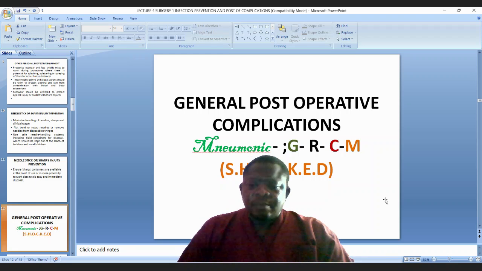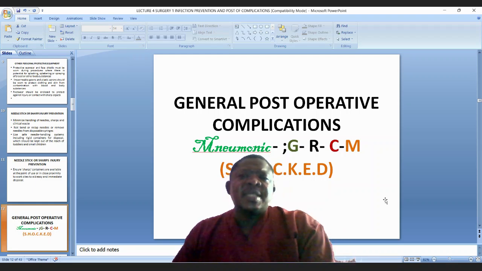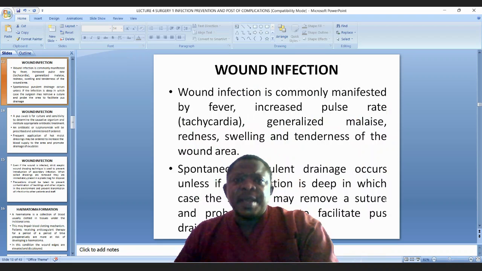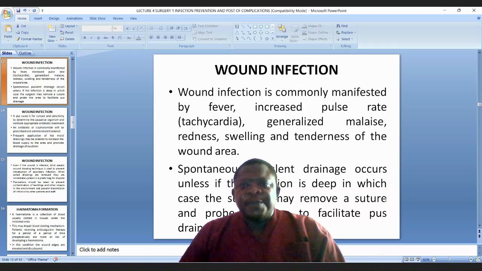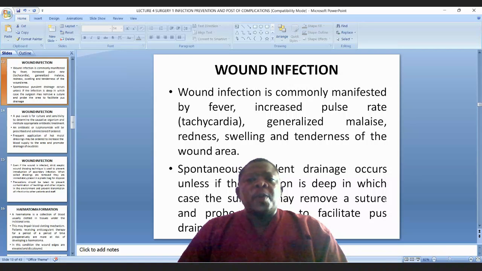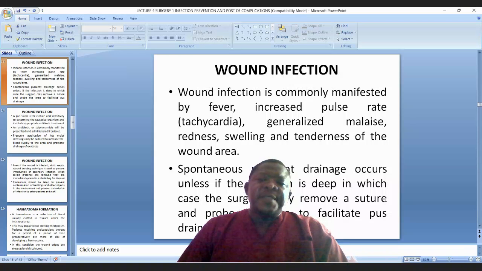Let us look at more details on these complications and how they may arise. Wound infection, or sepsis, is the first one. Sepsis is an infection that may affect either the blood or the skin. Wound infection is commonly manifested by fever, increased pulse rate, generalized malaise, redness, swelling, and tenderness of the wound area. Spontaneous purulent drainage will occur unless the infection is deep, in which case the surgeon may